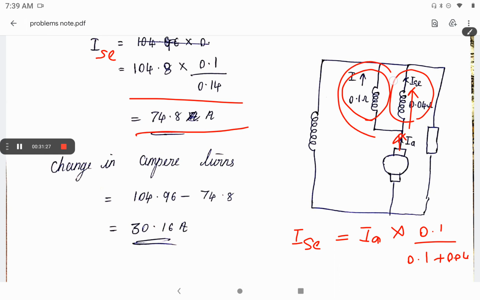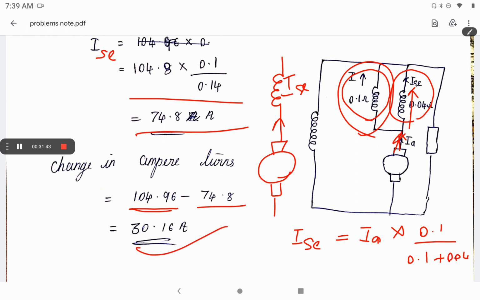Before connecting this arm, we know the value is the same as Ia. Initially there is only the series field winding and Ia, so Ia is the same as I series. So that minus this will give you the change in ampere turns. That is how it should be found. Okay,